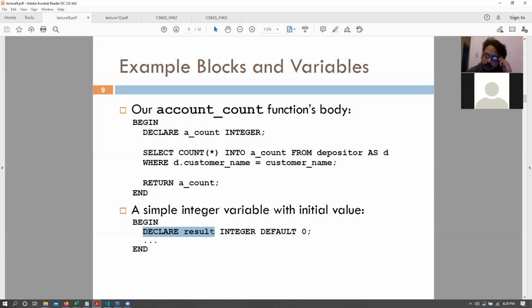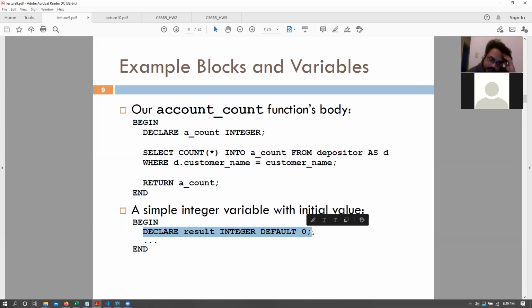So essentially, we can also set a default value: declare result integer default 0. But in this case, the integer count would be replaced by a null value. But if we want, we can also have initial values set for our variables. And for that, we would just say declare variable name, variable type, and then the default value.